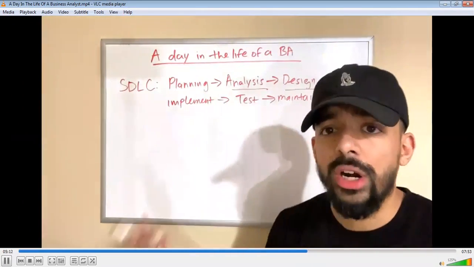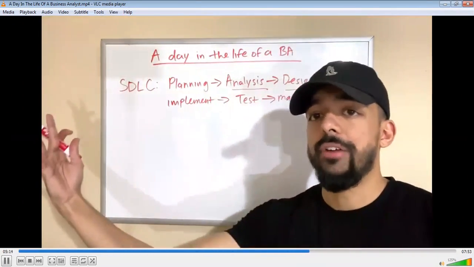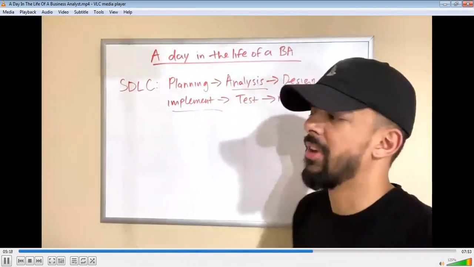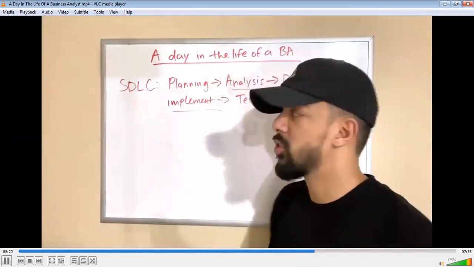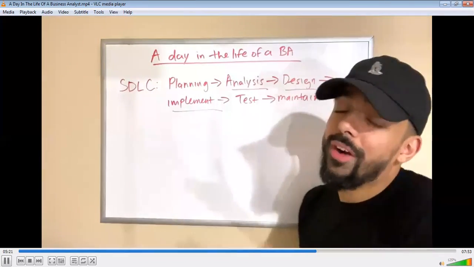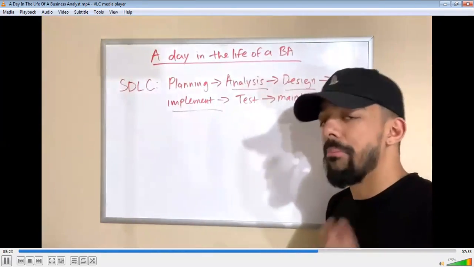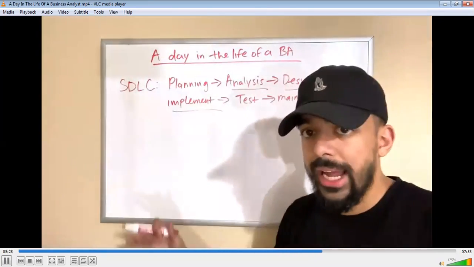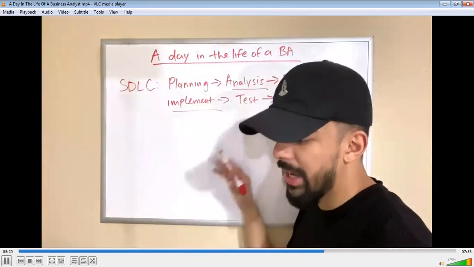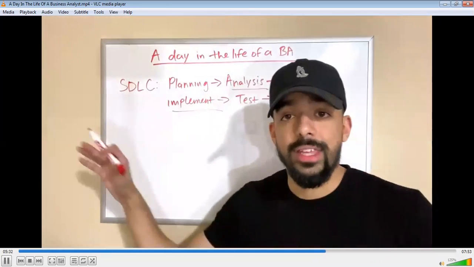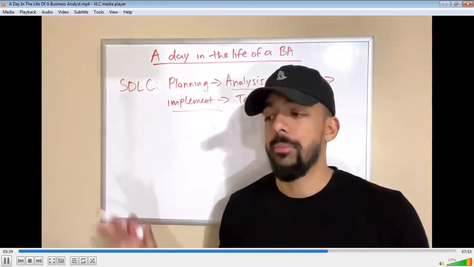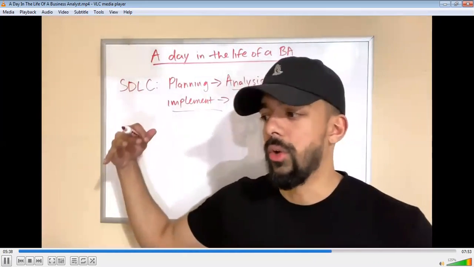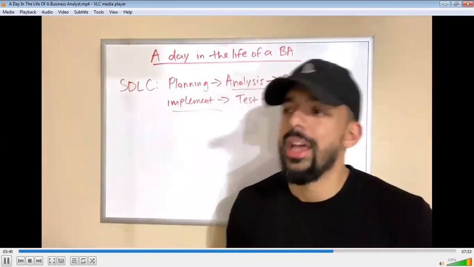And then after you've handed off the requirements and it's being implemented by the developers, they would need your help if they need to clarify some requirements. So depending on where you are, that's what really is going to be part of your day. So again, for the BA, it's going to heavily depend on where they are in the cycle of the project. Okay, that's number one. And for number two, if you are not talking about a project,